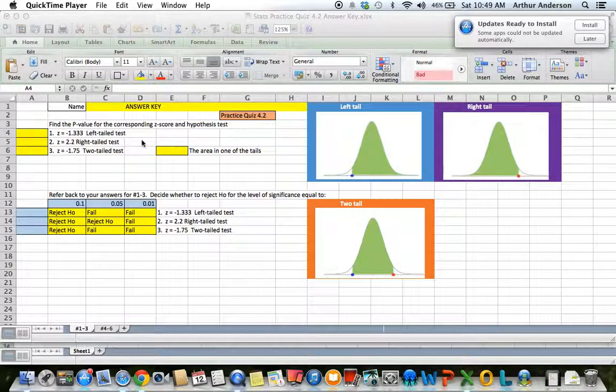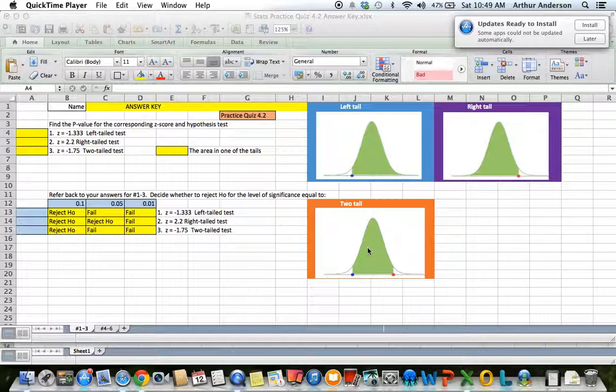Okay, we're going to get started with a review for quiz 4.2 by going over yesterday's homework worksheet with practice quiz 4.2. First of all, I'd like you to take note of the three graphs over to the right. The first one, the left-tailed test, we're testing to see if something is in this unshaded portion to the left of the blue dot. If we're doing a right-tailed test, we're trying to find the area to the right of the red dot,